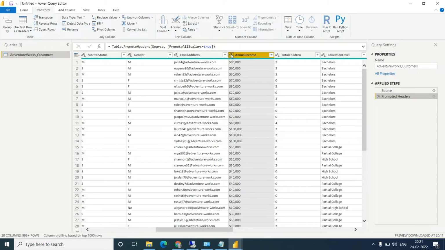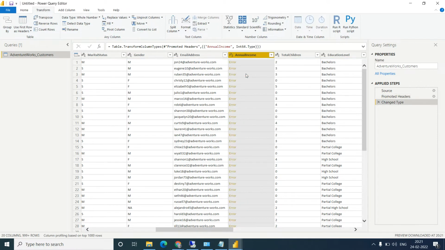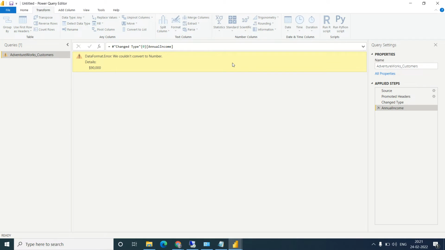Okay, let me just convert this into the whole number. Issue. What is the issue? We could not convert to the number. Okay, so there is some symbol there, so because of that it is not able to convert into the number.